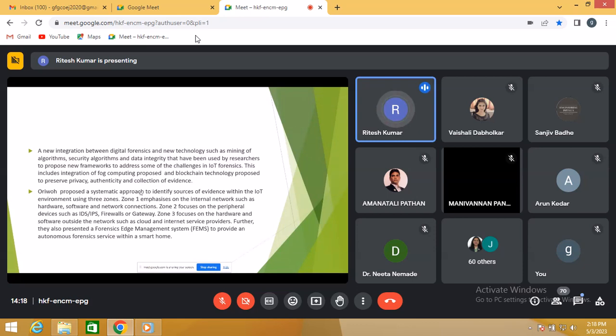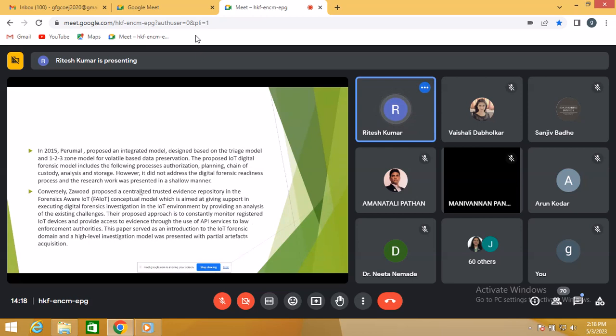Further, they also presented a forensic edge management system to provide autonomous forensic services within a smartphone. Right. So this has been presented, and this is actually a very foolproof idea that we can do very well. Second, in 2015, Parimal proposed an